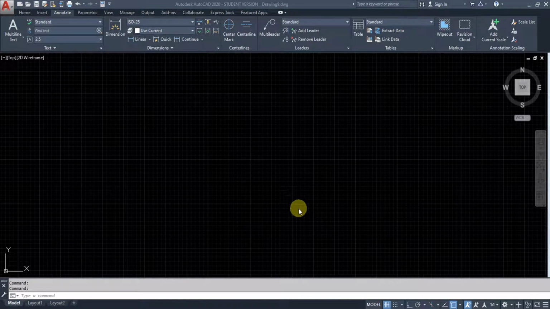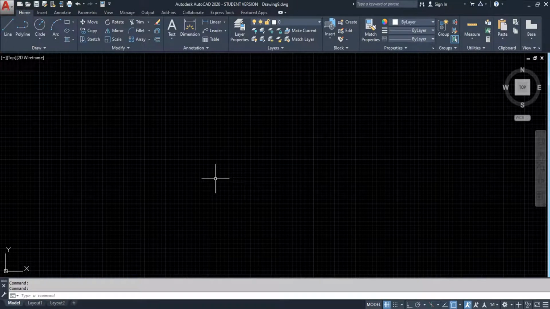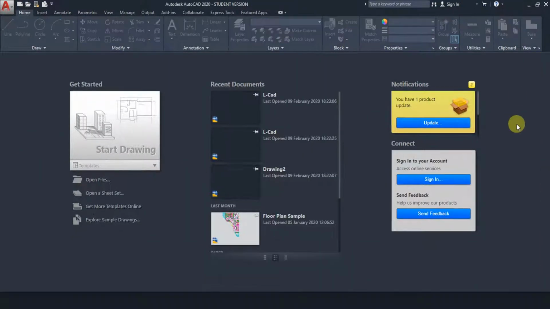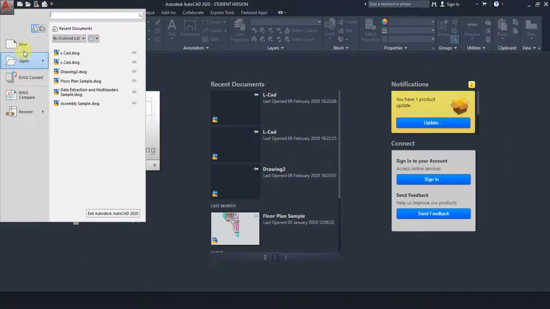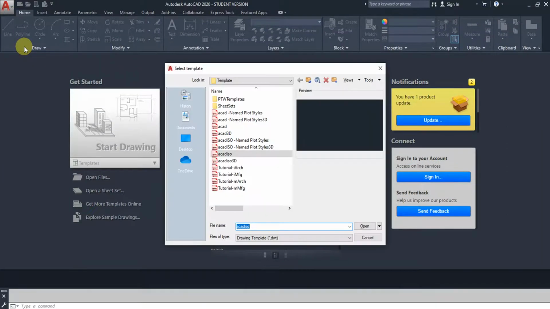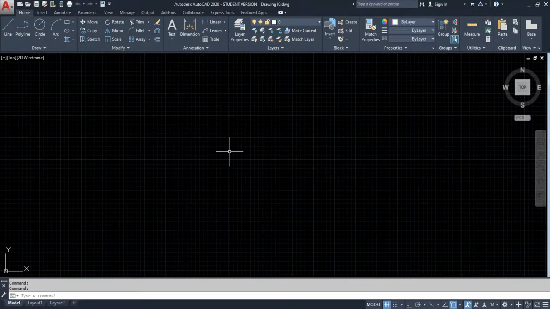In this video, we are going to see about input and output units. If you want to start a drawing, you need to specify the unit first. In AutoCAD or any other software, there are two input unit templates: one is inches and one is metric. I'm going with metric, but